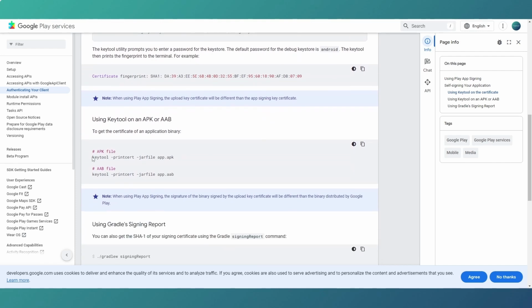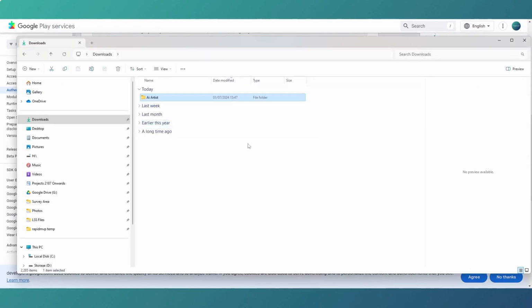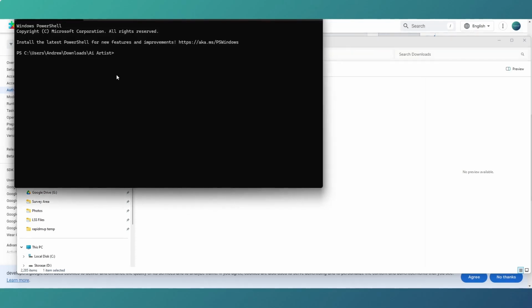And we need this command here, which is using the keytool on the APK file. So if you just copy that, and then in the folder that you've downloaded your APK file to, if you right click and open in terminal and paste the command in there, and what you need to do then is change